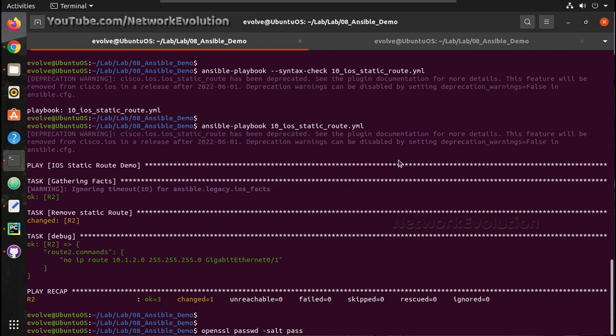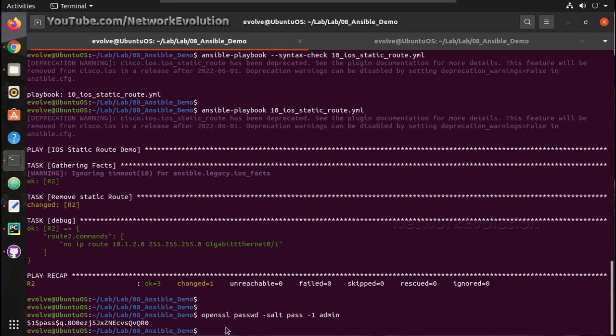So here I am just giving a random word, pass, and then the password we need to configure. So my password is going to be admin. So I got the password. This is the MD5 hashed value of admin. So we can copy and paste this to the device.